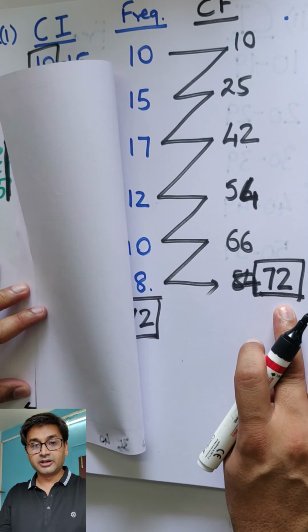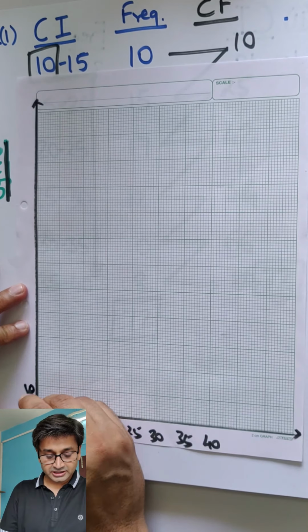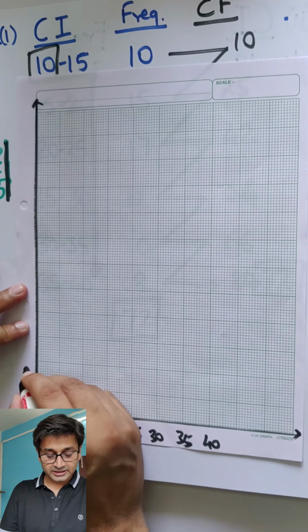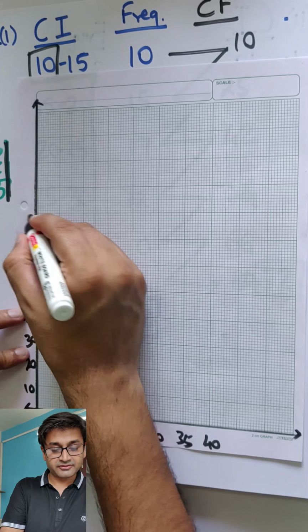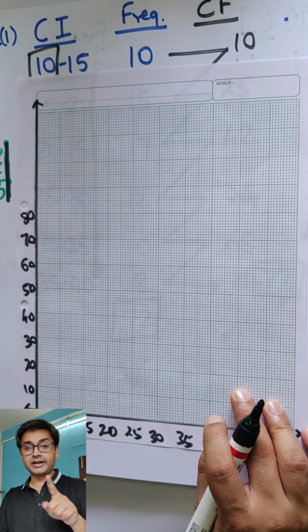So if it is up to 72, divided by 10, that is 7.2. So the closest will be 10. So take 10, 20, 30, 40, 50, 60, 70 and 80. This is going to be very simple now. Starting from 10, I told you, you remember that? Starting from 10 should be 0. You've got to put a dot and a circle around it. So a dot and a circle. What is the next value now?